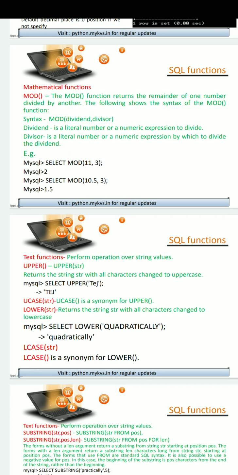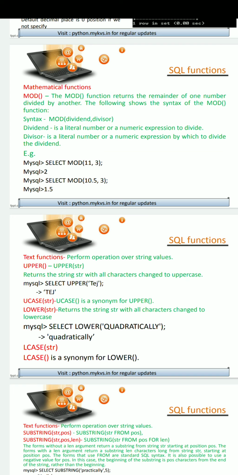We can find the remainder of a real value also. In this example, we have 10.5 as the number and we pass 3 as the second argument, the divisor. 3 multiplied by 3 is 9. Now 10.5 minus 9 is 1.5. Why are we multiplying it with 3? Because if we multiply it with 4, the result will be 12, and the dividend is below 12. That's why we are multiplying by 3 here.